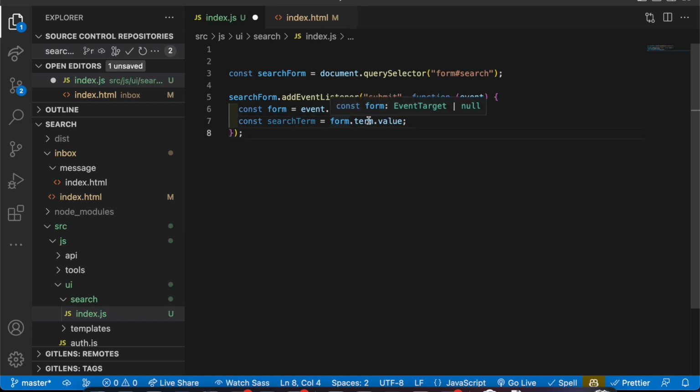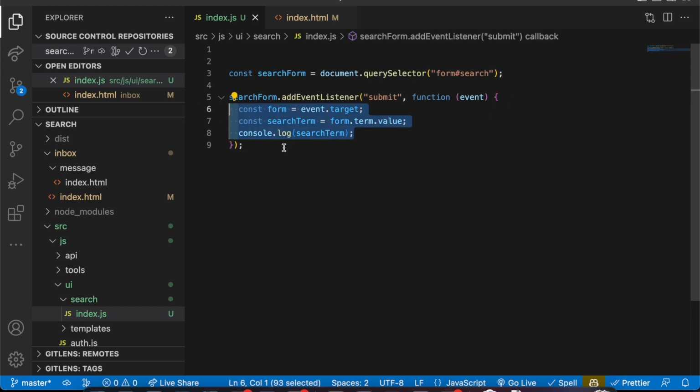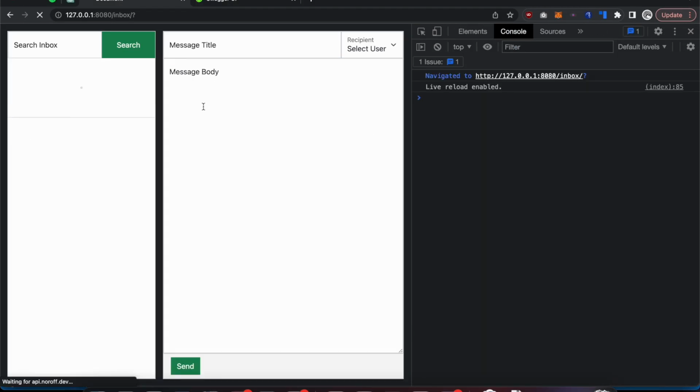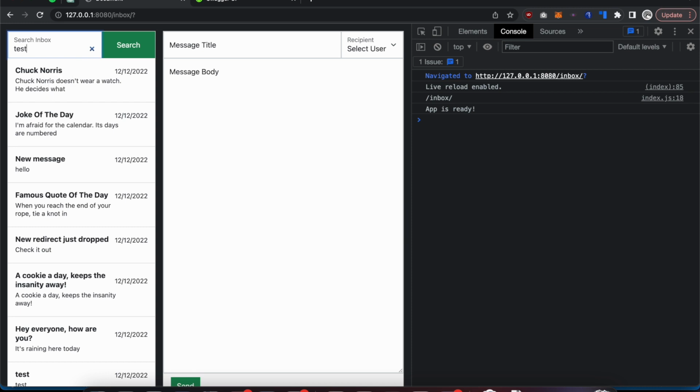Every time you add a name to an input, it will create this little alias for you. So it creates an easy way to access that input element. And here we are only interested in the value. So at this point, we can log the search term just to make sure that everything is going fine. And this is not going to work exactly how we want, but I will demonstrate anyway. So now if we search for tests,